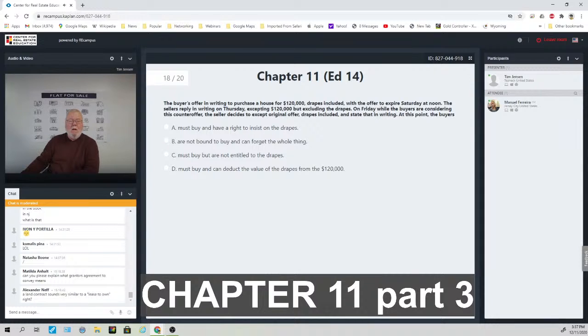Number 18, the buyer's offer in writing to purchase a house for $120,000, drapes included, with the offer to expire Saturday at noon. The seller's reply in writing on Thursday accepting $120,000, but excluding the drapes. On Friday, while the buyers are considering this counteroffer, the seller decides to accept the original offer, drapes included, and state that in the writing. At this point, the buyers